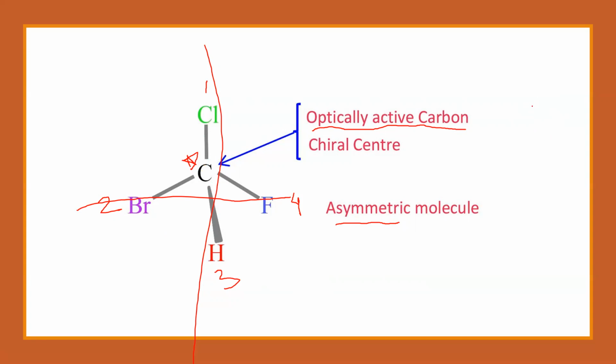On the other hand, let me take this example. This is methane. Now, in methane, can I have a symmetry? Can I break this compound into two equal parts? Yes, I can. Either I can take this plane. If I take this plane and break it, I get two equal parts, right? Or I can take this. If I break it in this plane, I get two equal parts. So this is a symmetrical molecule, clear? Whereas this is an asymmetrical molecule.